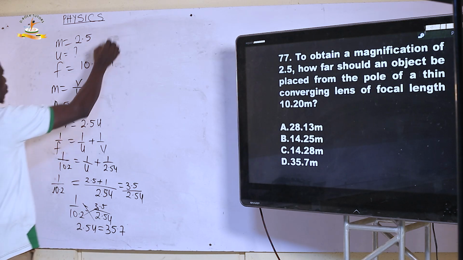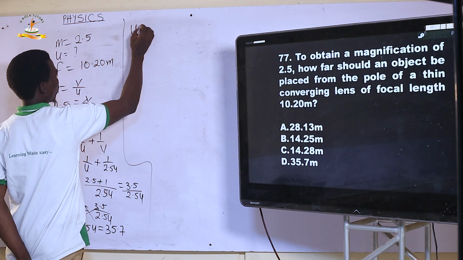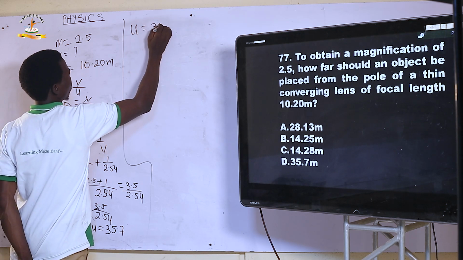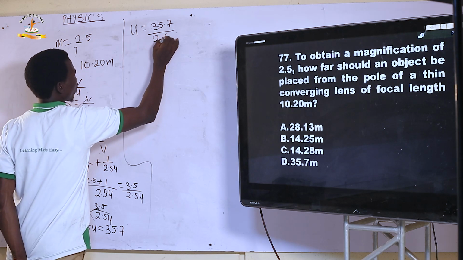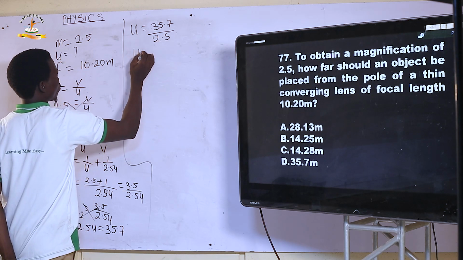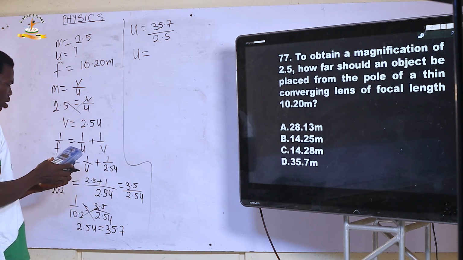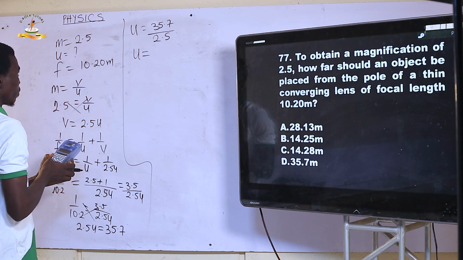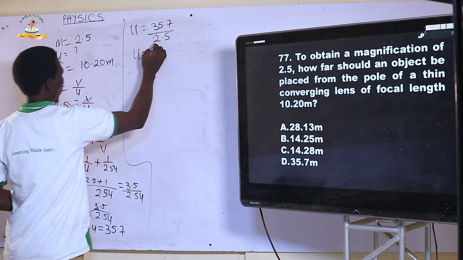So we divide both sides by 2.5 so that u becomes 35.7 divided by 2.5. With this, you're going to get u as being equal to 35.7 divided by 2.5,